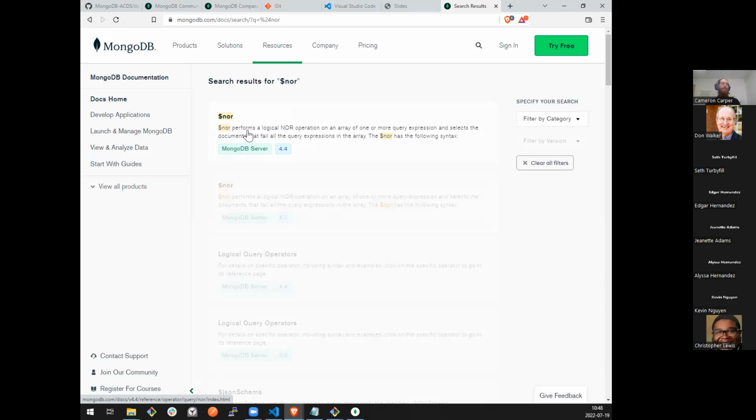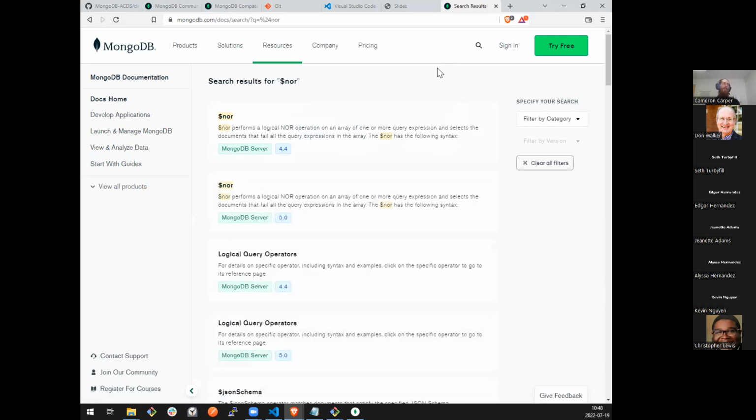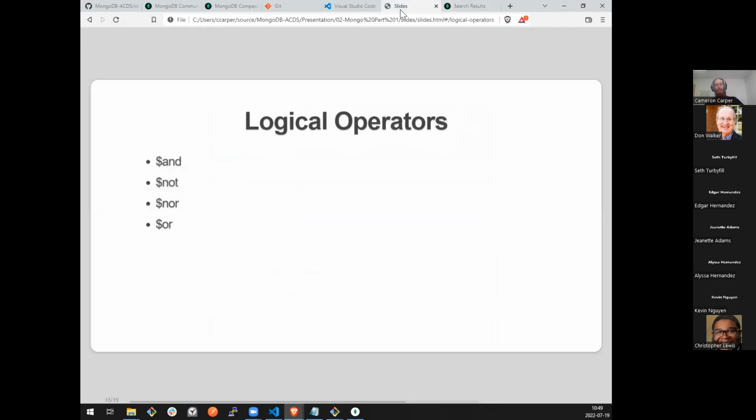So performs a logical NOR operation on an array of one or more query expressions and selects the documents that fail all of the query expressions in the array. Like I said, their documentation is really good. Almost every single, as far as I know, every operator has sample data provided with it as well as sample queries. So it's very easy to grasp and understand. So anything that I'm not clear about and we don't have time to cover, that's a great source.